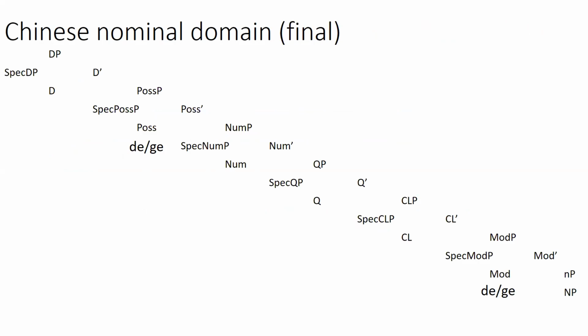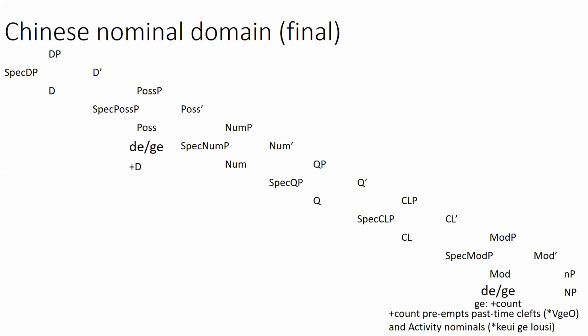Okay, so we get two distinct projections, Pos that's relatively high and Mod that's relatively low. Both de and ge can be merged in both. The point is, in Pos being in the higher position, it probably has agreement with D in denoting referentiality, whereas Mod that's relatively low doesn't necessarily have this type of agreement with D. And also with ge being originally a classifier, it may have retained its count or individualizing function that makes it